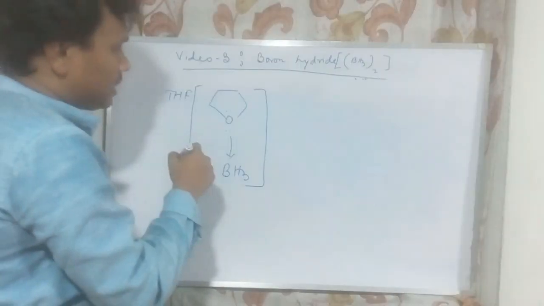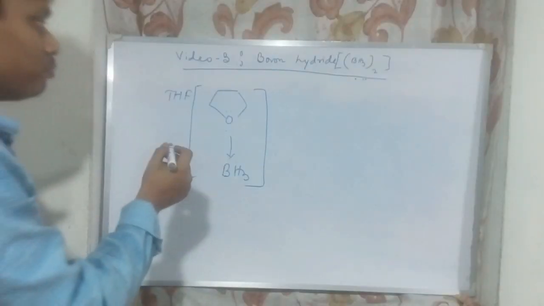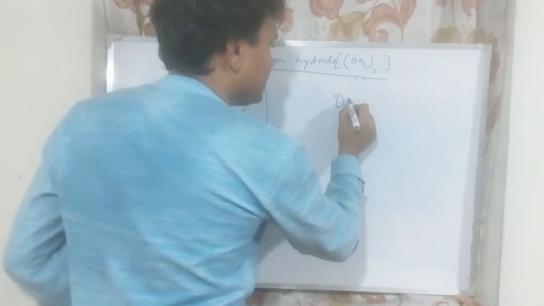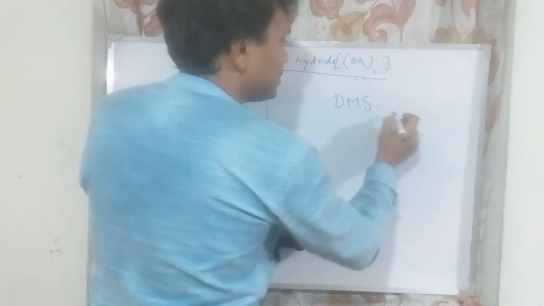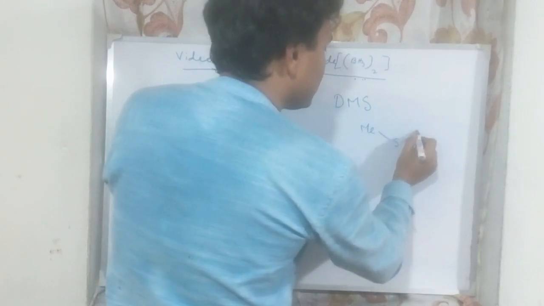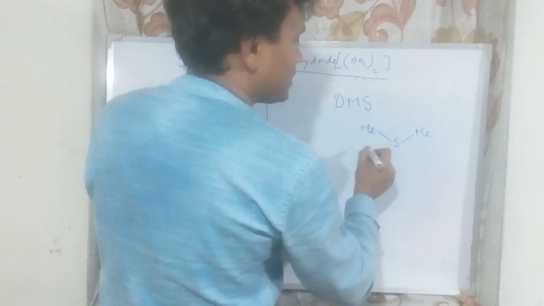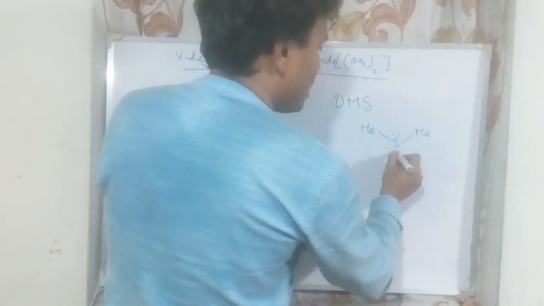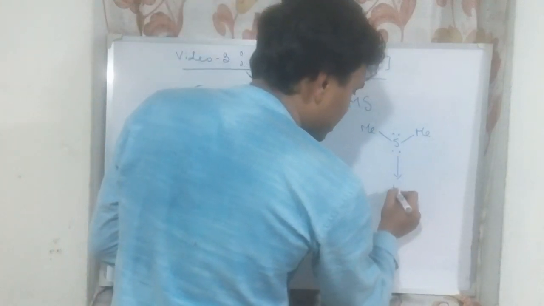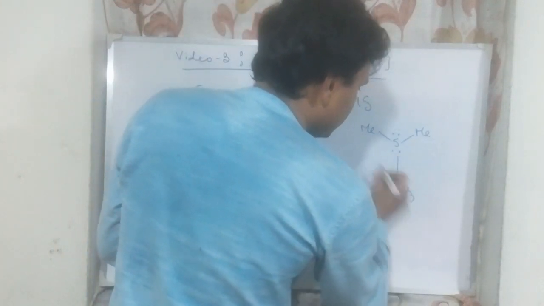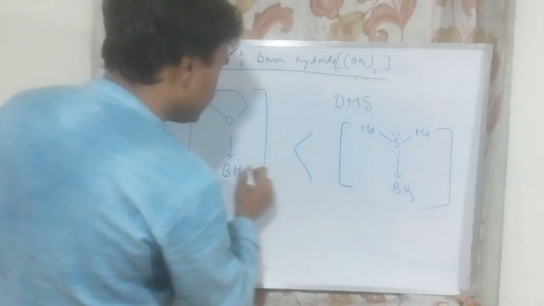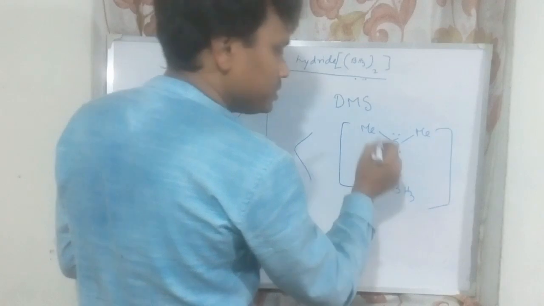So we can find some alternate by searching on its homologous series, and that is dimethyl sulfide, or in short DMS. How does this material look like? This is methyl, this is sulfur, and this is methyl. Since sulfur is the homologous of oxygen, it should have 2 lone pairs of electrons, and these could be donated to BH3. And actually this reagent is very stable compared to this BH3, such that it could be used for